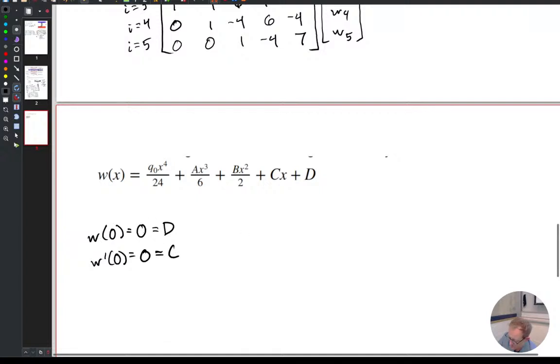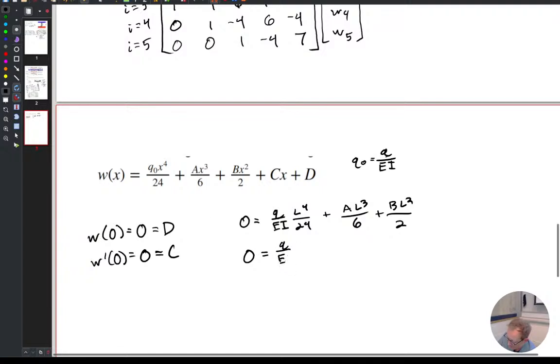So now at WL, I know that 0 equals Q over EI, because Q0 is Q over EI, like that, times L to the 4th over 24 plus A L cubed over 6 plus B L squared over 2, and then 0 equals